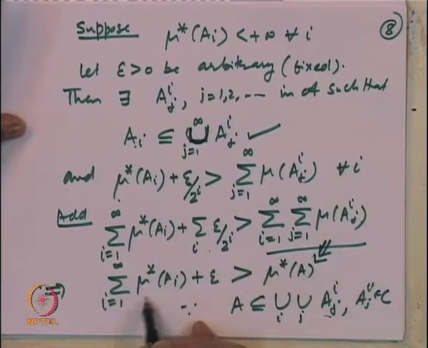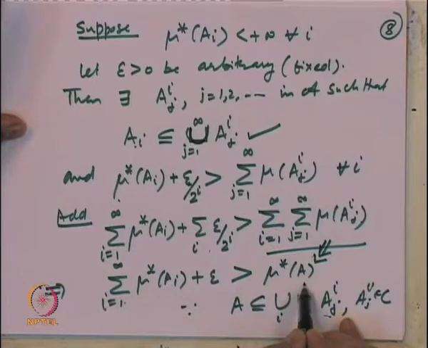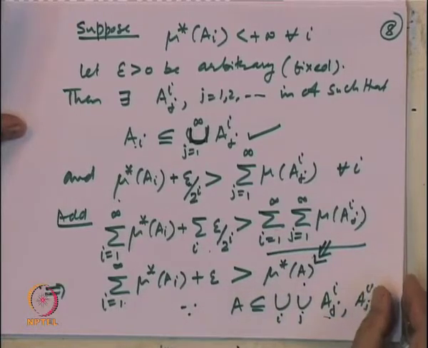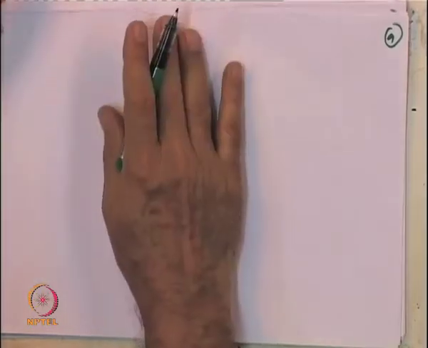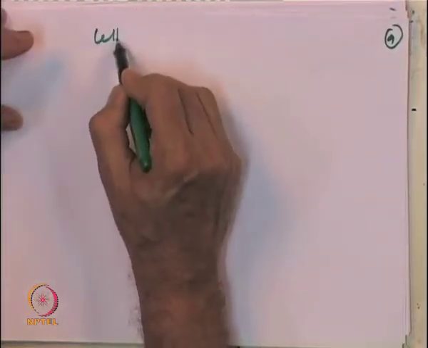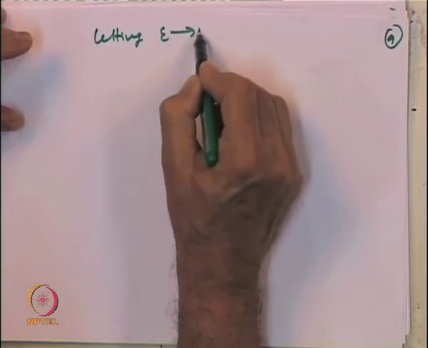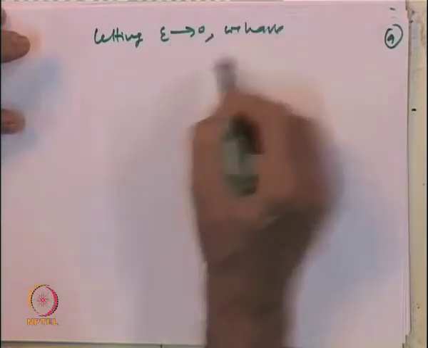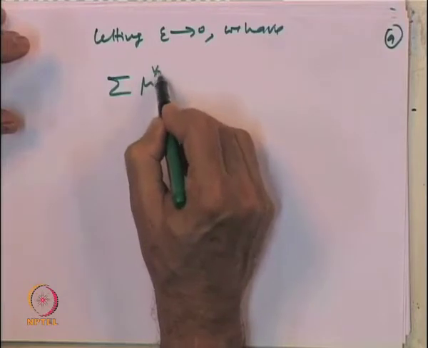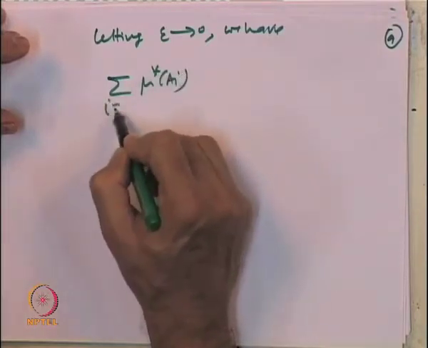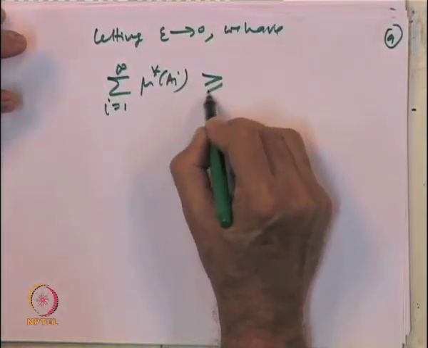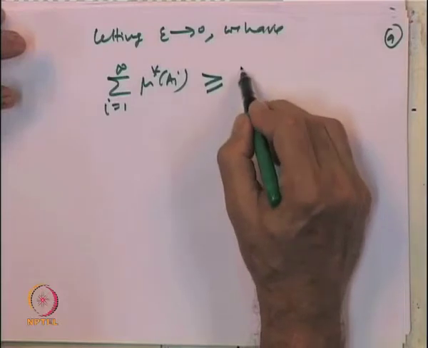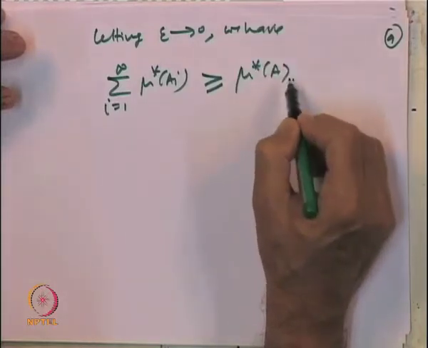So, I can claim that mu star of summation is bigger than this quantity. And now, this epsilon is arbitrary, that was fixed arbitrarily. So, I can let that go to infinity. So, now letting epsilon go to 0, we have summation mu star of A_i, i equal to 1 to infinity. This epsilon becomes 0 eventually. Now, I will write bigger than or equal to, because in the limit it can become bigger than or equal to mu star of A, and that shows